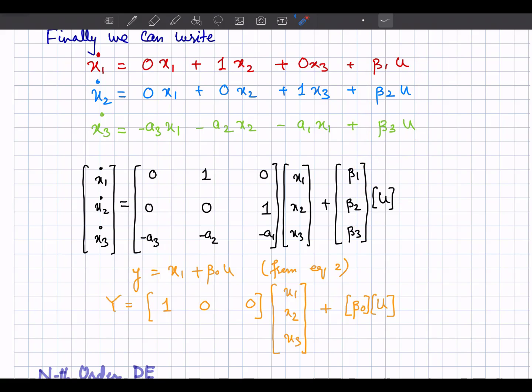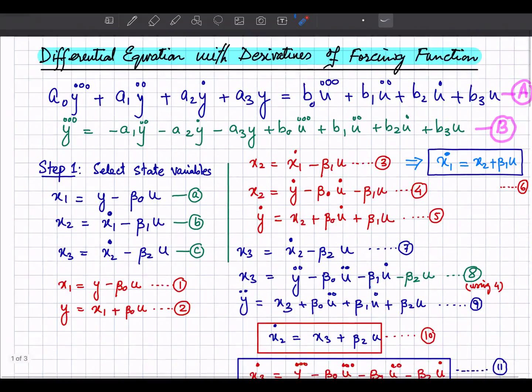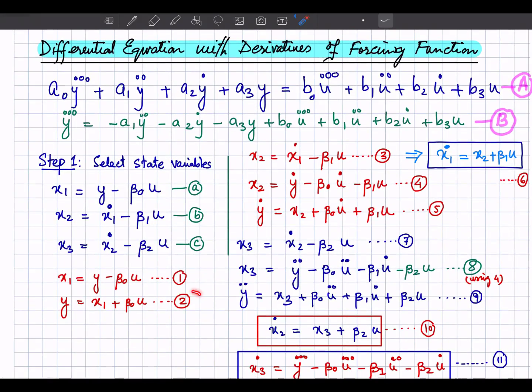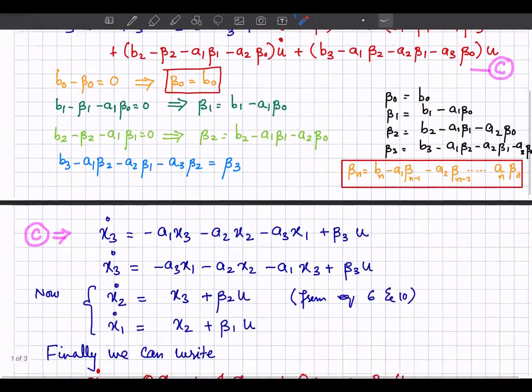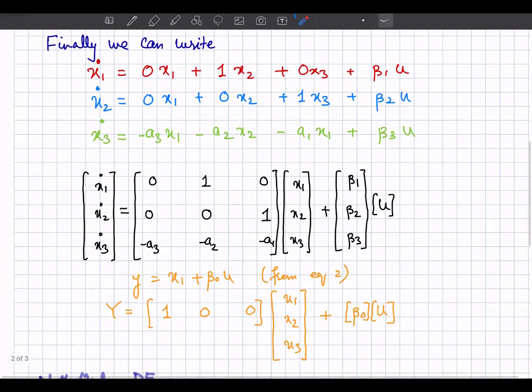So the output equation, as I told you before, is this one. This is equation 2, that output is equal to x1 plus beta naught into u. What is x1? X1 is our first state variable. So using this equation over here, y is equal to x1 plus beta naught u, I can write down that